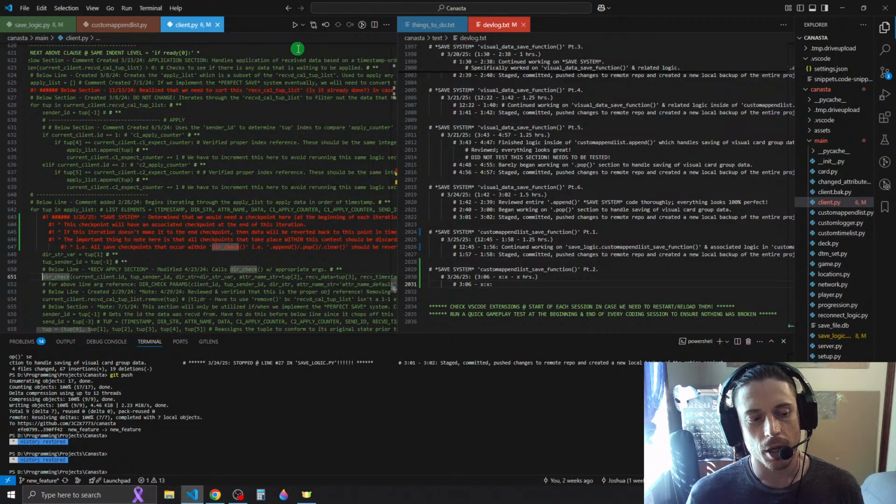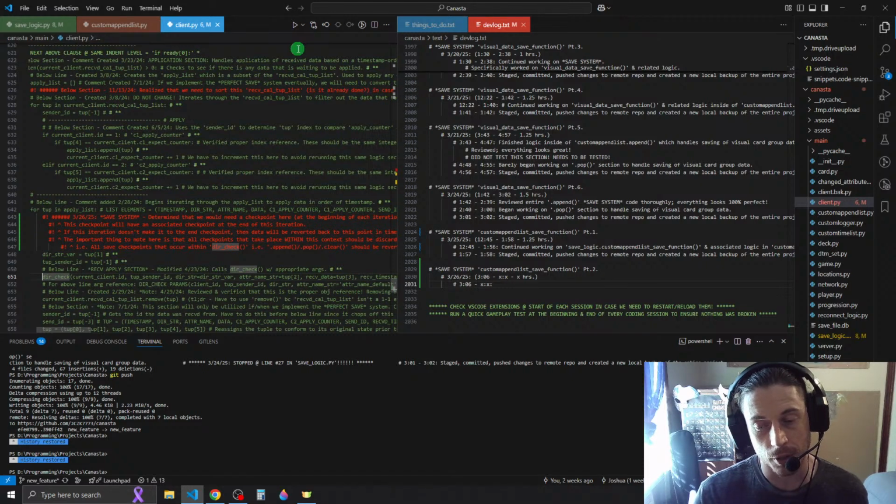Now, at the end, if we didn't make it through the final checkpoint in this apply list iteration, the data would need to be reverted back to having P1 hand having the 5 cards and P1 melds having 0 cards,